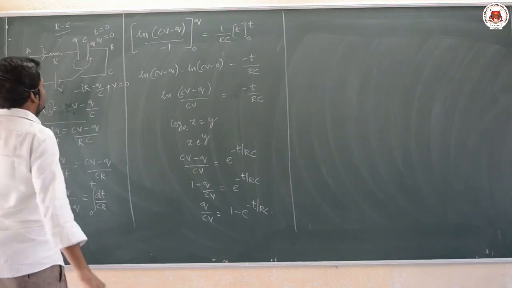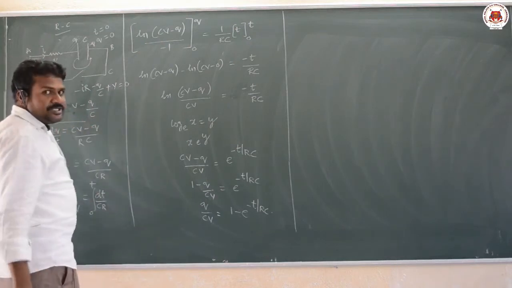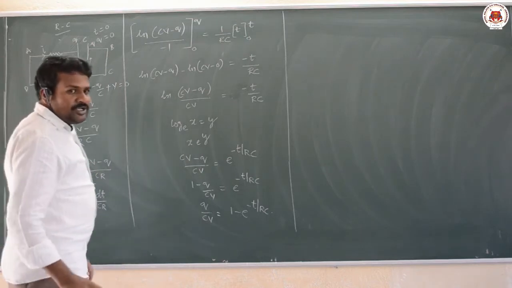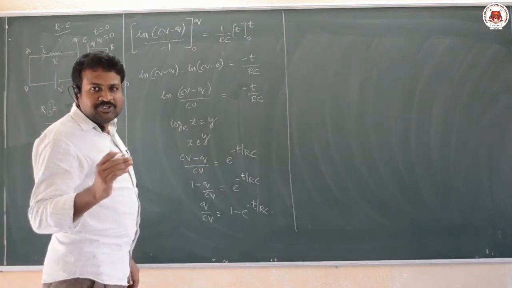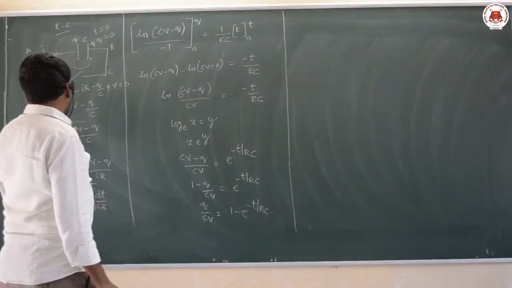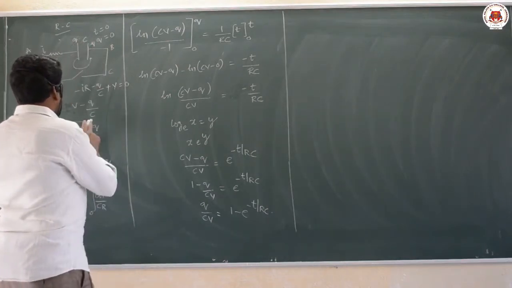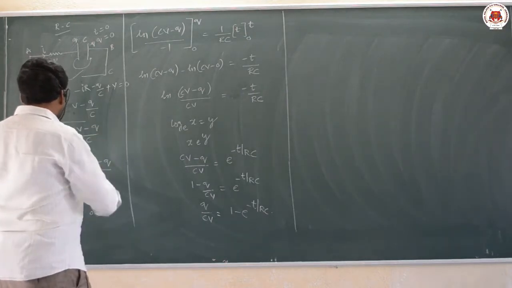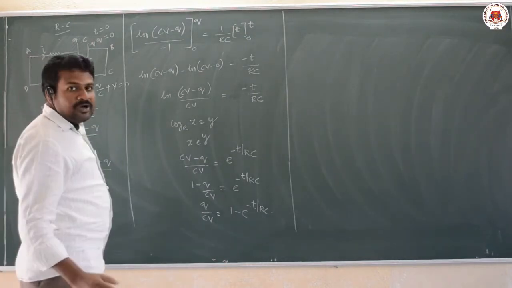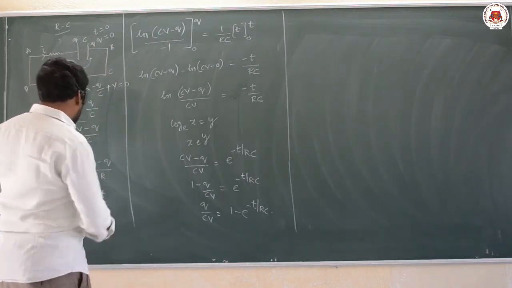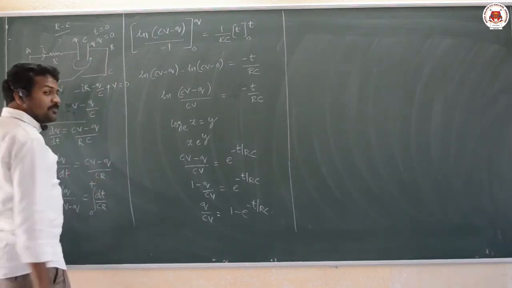So I into R is equal to V minus Q by C, and current you can write as rate of flow of charge, I can write it as dQ by dt. Taking the LCM, dQ by dt is equal to CV minus Q, with R sent to the denominator, it is CV minus Q by RC, CR. So dQ by dt is equal to CV minus Q by CR.